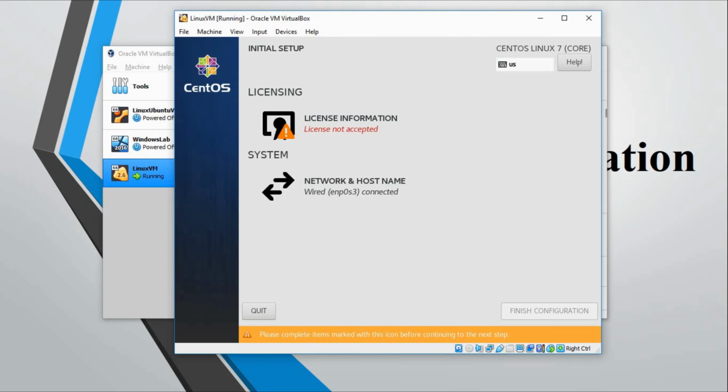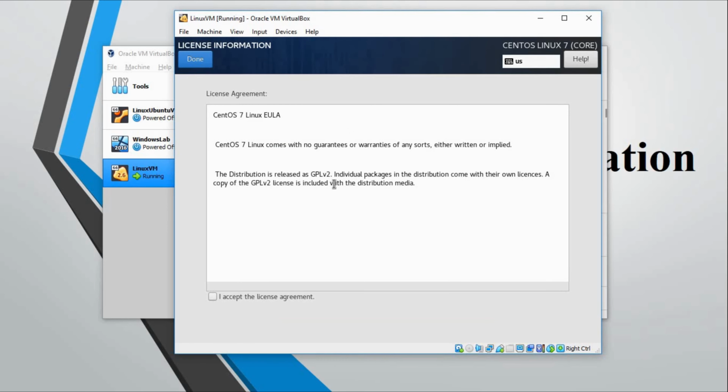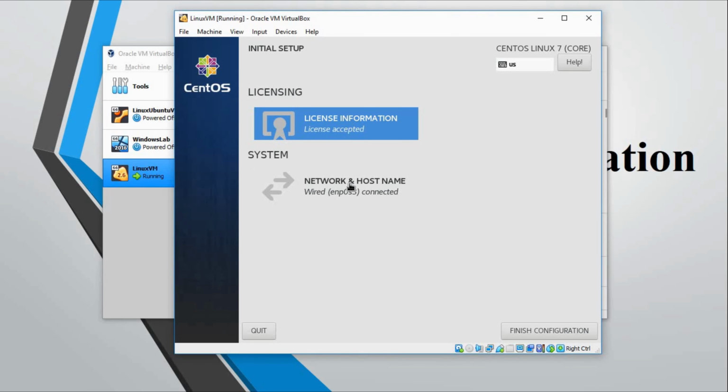I will go ahead and click on license information, and right here read through it and accept the license agreement. So go ahead and click on done. Network and hostname. We already configured it earlier, so you don't need to configure it again. So for now, click on finish configuration.